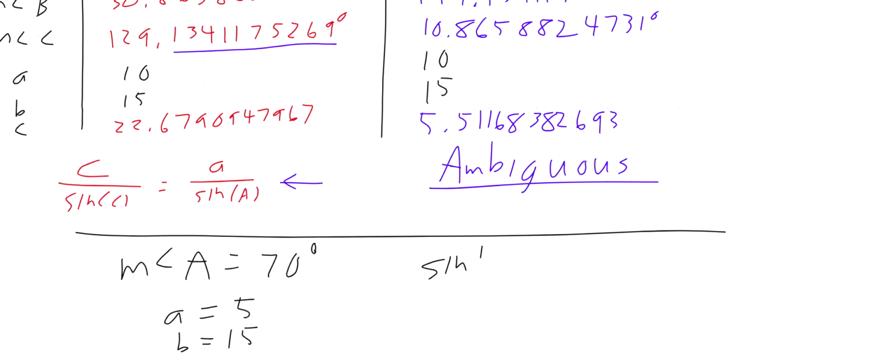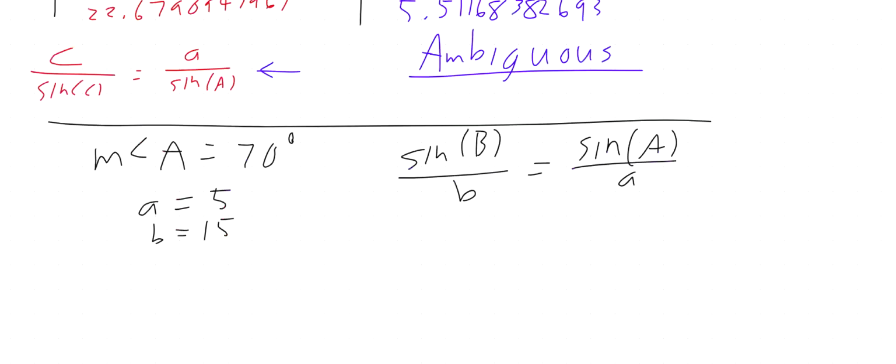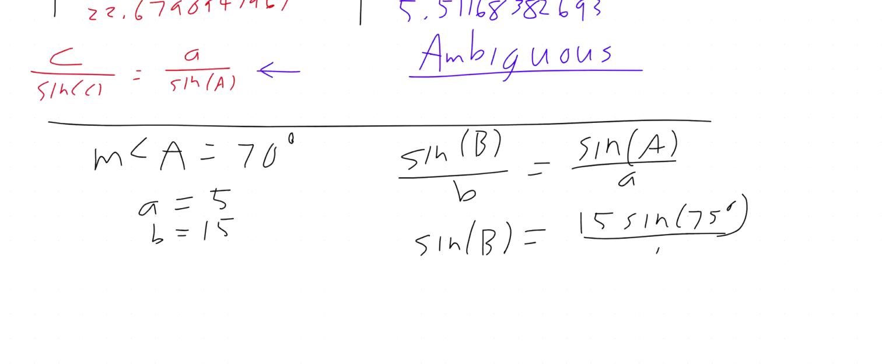So sine of B over B equals sine of A over A. If we solve for sine of B, it's 15 sine of 75 over 5. And our result is